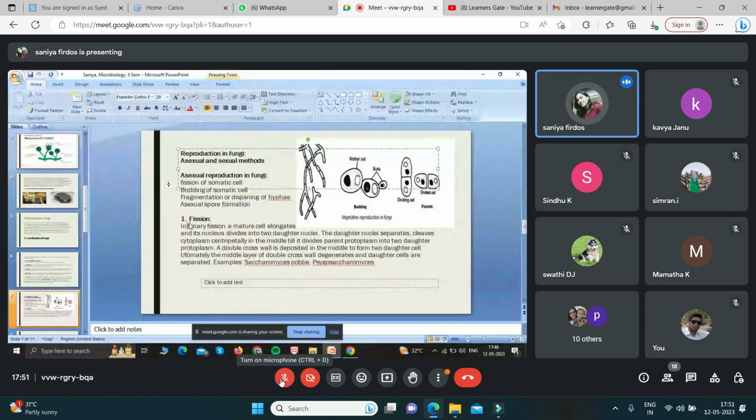So the fission is a binary fission where the mature cell elongates and its nucleus divides into two daughter cells. We can see in this example of fission where it is elongating and it's getting divided here. Then